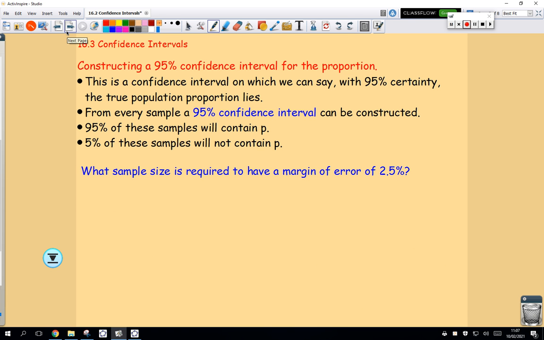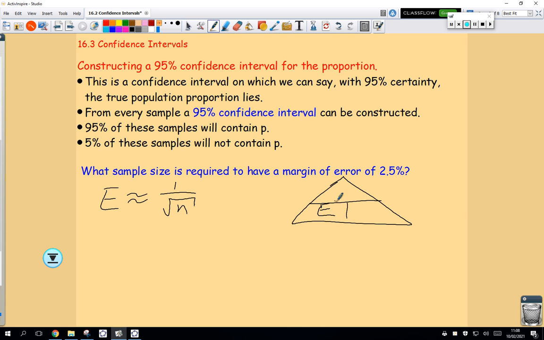I want to have a look at margin of error. Remember, we defined margin of error in our course as an approximation to be about 1 over root n. Okay. That's a little triangle relationship, a bit like our old DST relationship, where you would have seen it like this, where we've got E, 1 and root n. So given the margin of error, I can find the sample size. Remember, root n is going to be 1 over E. So root n is going to be 1 divided by 2.5%,